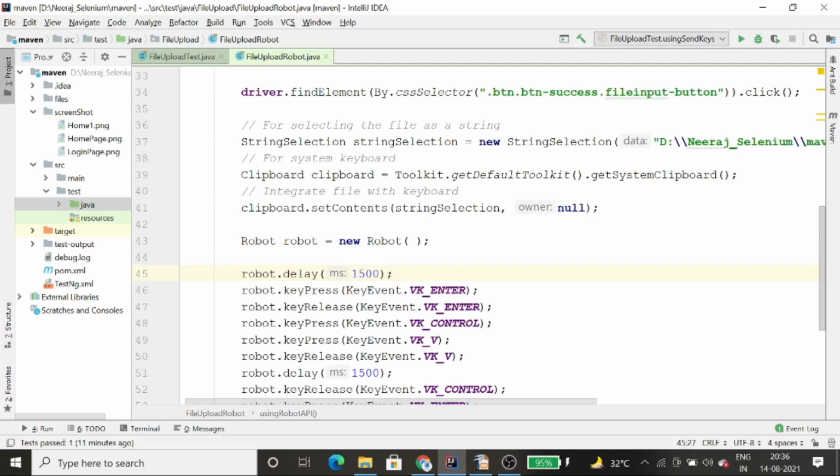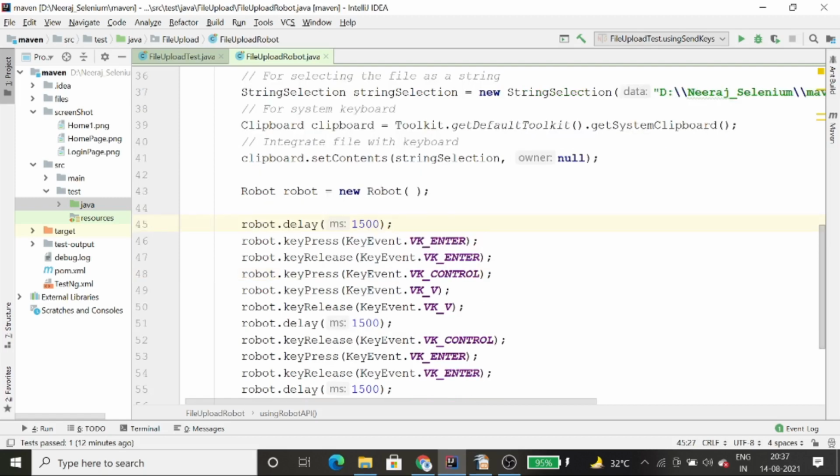सो बेसिकली यहाँ पर जो आपके Thread.sleep जो कि जावा का वेट है, और जो implicit और explicit वेट जो भी आपके सेलेनियम के वेट हैं, वो यहाँ पर काम नहीं करेंगे, क्योंकि ये विंडो का एक पॉपअप है, and if you need to handle the window popup you need to use the robot delay, right? तो वहाँ पर वो रोबोट का ही delay जो मेथड फंक्शन है वो वहाँ पर काम करेगा, और कोई भी चीज़ काम नहीं करेगी, right? So that's why I have used the Robot.delay to hold on that window pop-up to let me know what is going on on that window pop-up, right? So basically I have used the delay.